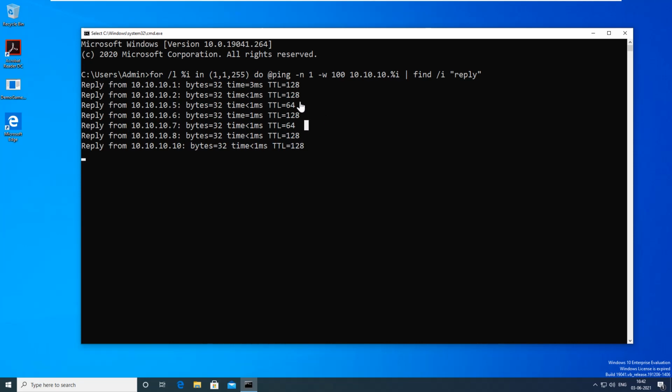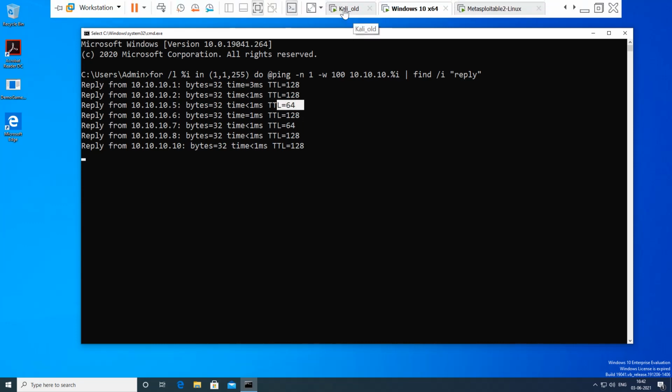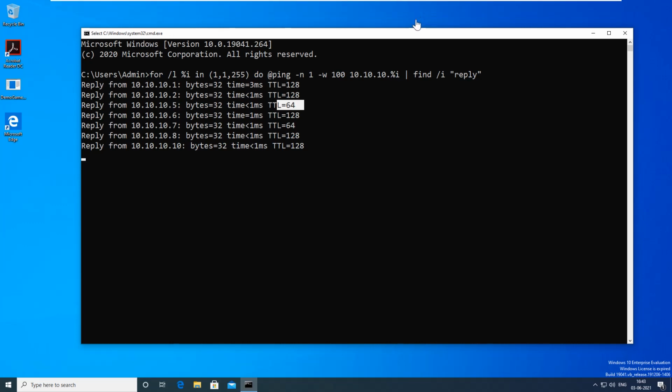To witness the evidence here, I have two Unix-based machines: one is the Kali machine, the other is the Metasploitable machine. Apart from that, I have a Windows XP machine, 2000, sorry, Windows 10 machine, and also a 2019 server. That's why I'm getting the TTL value of 128 from the other IPs.